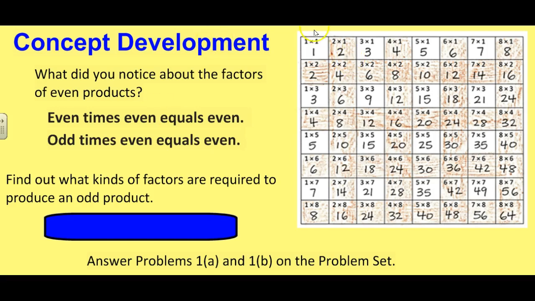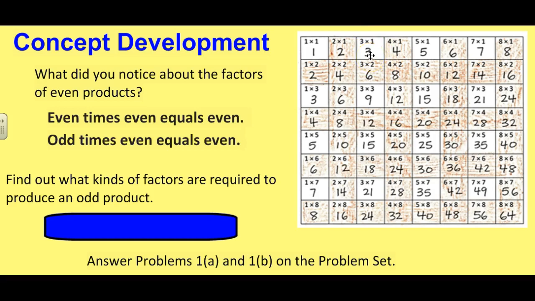So let's take a look at 1 and 1. Is 1 an odd number or an even number? It's an odd number. So what they did right here is they took odd times odd, and it equaled an odd number. So let's go over here and check 3 times 1 and see if that still is true for this. 3 times 1 is 3. So is 3 an odd number or an even number? It's an odd number, and we know that 1 is an odd number as well, and it is equal to